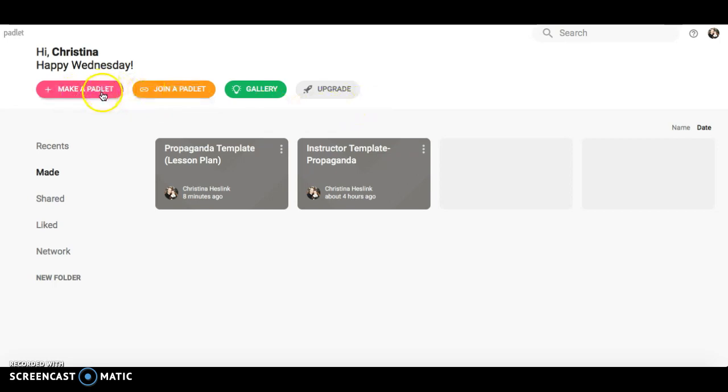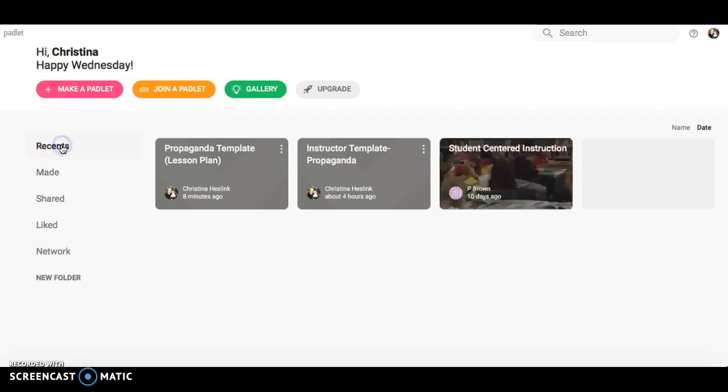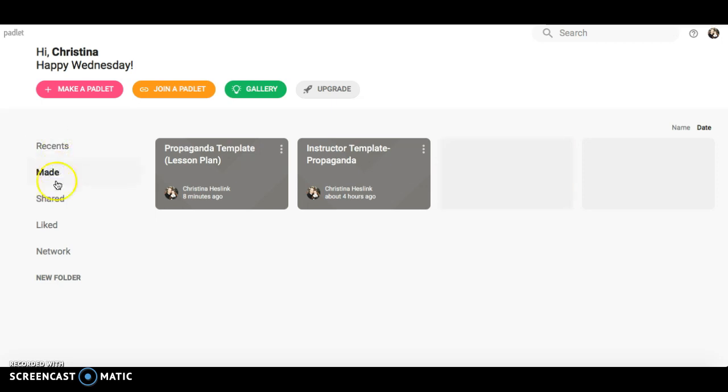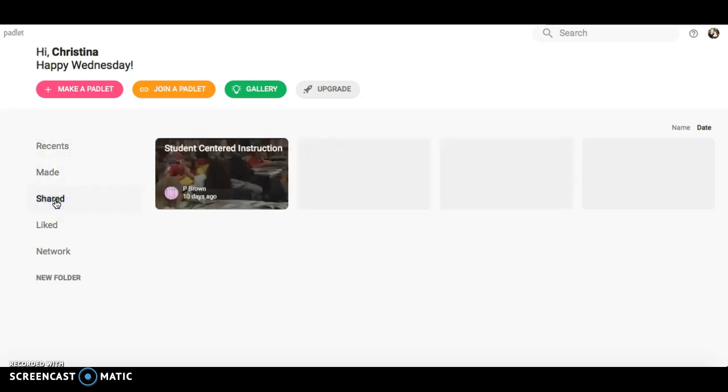that says make a Padlet in pink, join a Padlet if you want to see what your students are doing, or if you want to join something that a co-teacher made, or a gallery wall if you would like to get inspiration. On the left-hand side, there's another navigation panel that allows you to organize by the most recent templates that have been created, the ones that you've made by yourself, or even just the ones that have been shared with you. We're going to go ahead and make a Padlet, so click on the pink button,